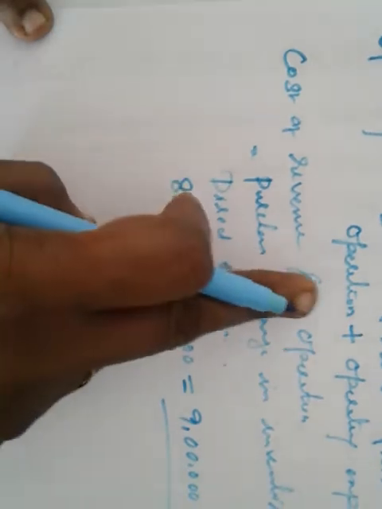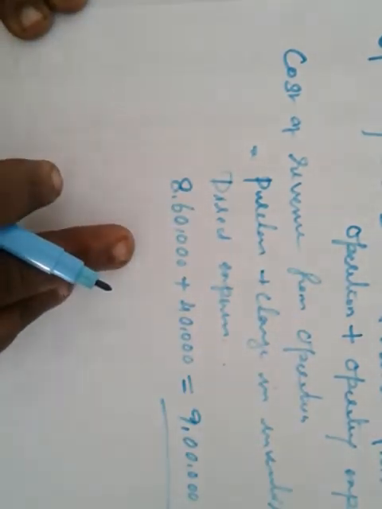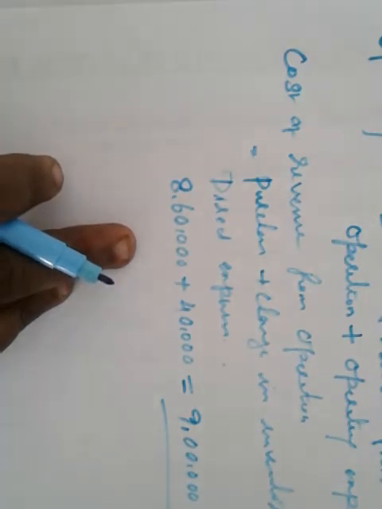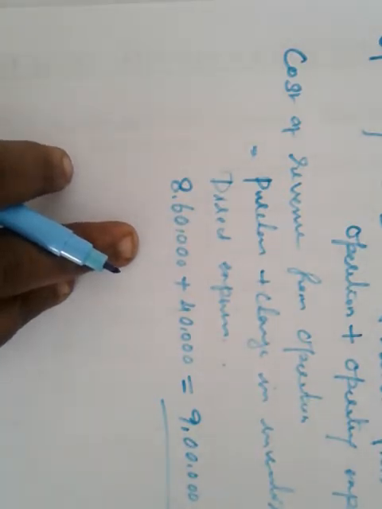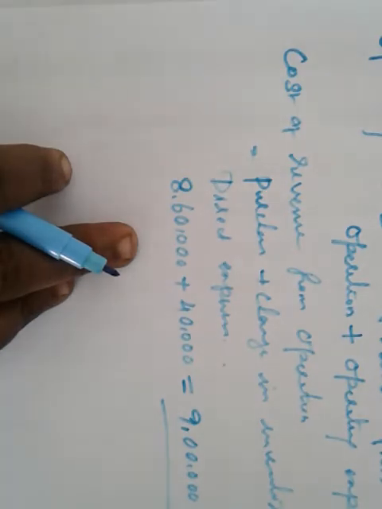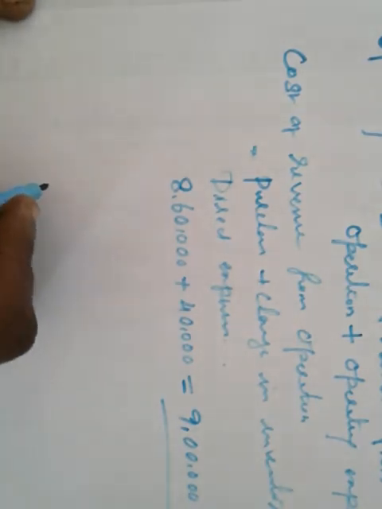Now, we have to know the operating expenses. For operating expenses, what is the formula? You have to find all the operating expenses. In your question, there is salary, other expenses given, office and administrative expenses, selling expenses given. Employee benefit expenses also given in bracket, salaries 1 lakh 60,000. So you have to add all these accounts, that is salary 1 lakh 60,000, office administration 50,000 and selling and distribution 90,000.